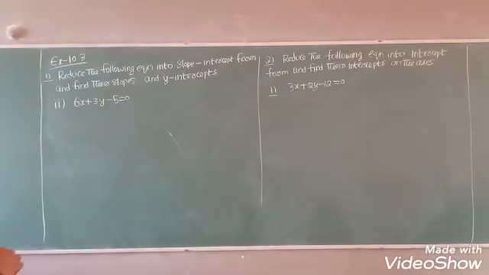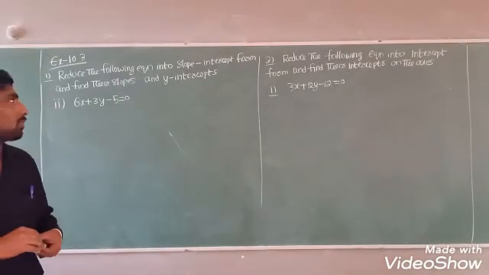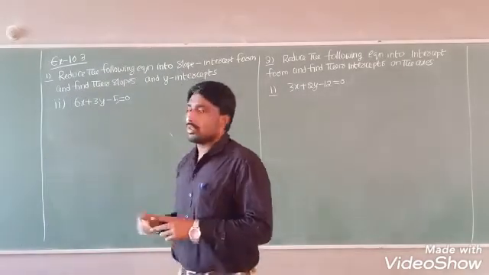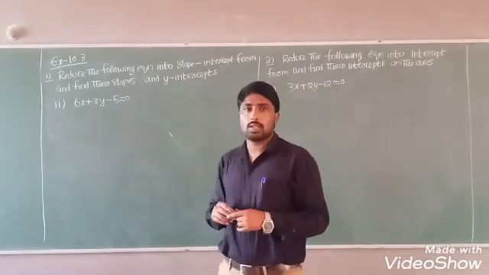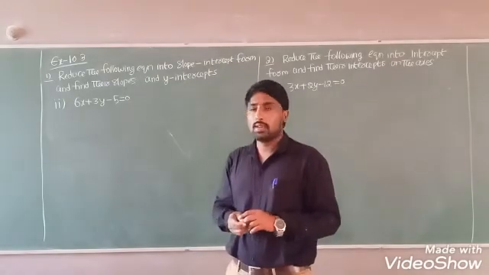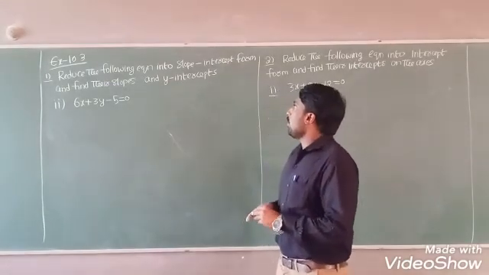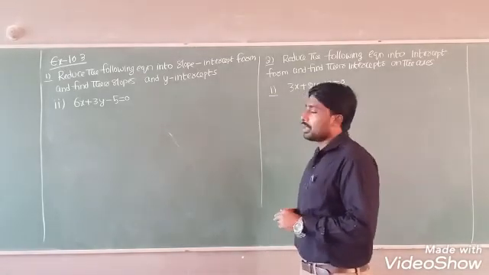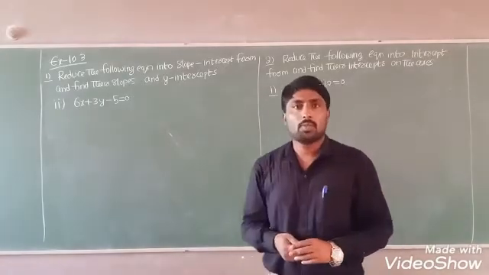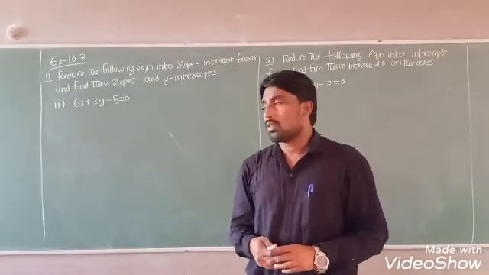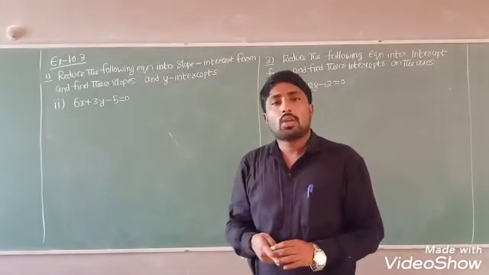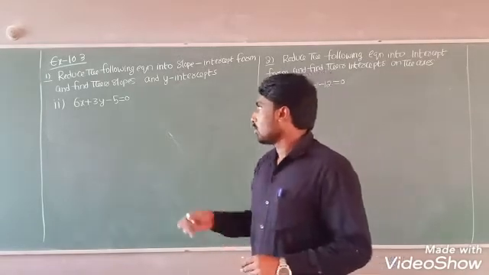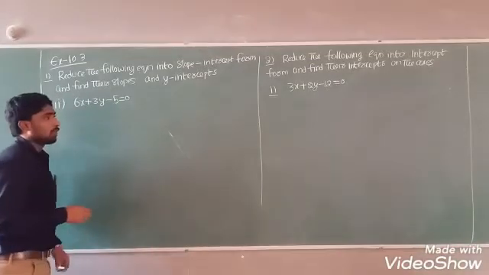Now students, all of you see here exercise 10.3. Okay, so in this first question actually 3 questions are there. I will explain one question, the remaining 2 questions you can do by the same method only. Okay, in the second question also same thing. So you see here, reduce the following equation into slope intercept form and find the slope and y intercept. Okay, what is slope intercept form? y equal to mx plus c. Okay, here m is called slope of the line and c is called y intercept of a line. Okay, so this one I have to convert into slope intercept form.